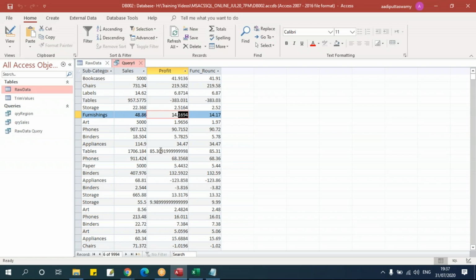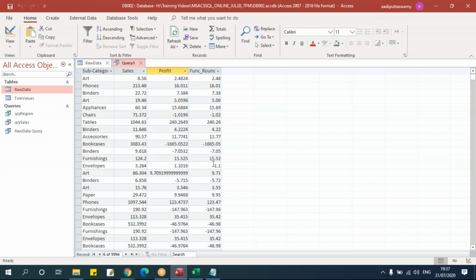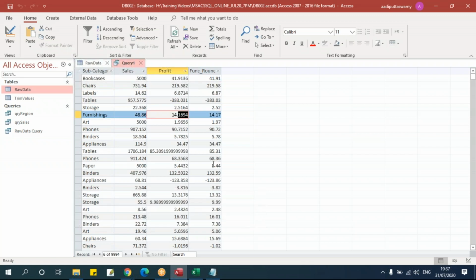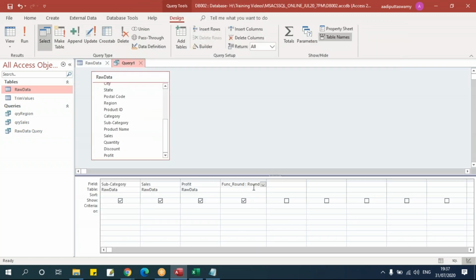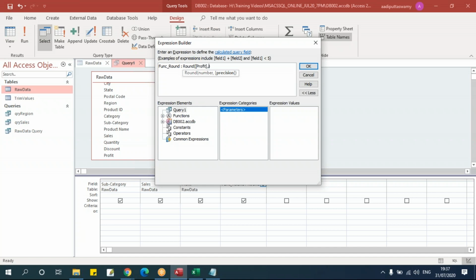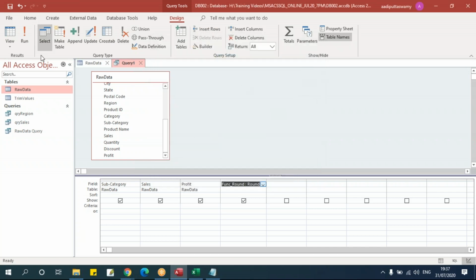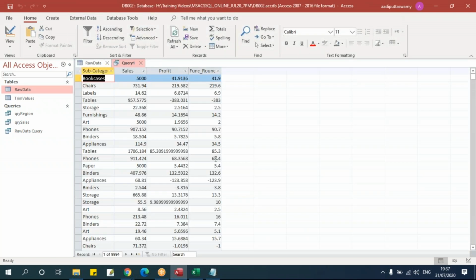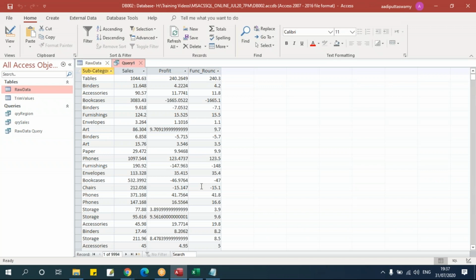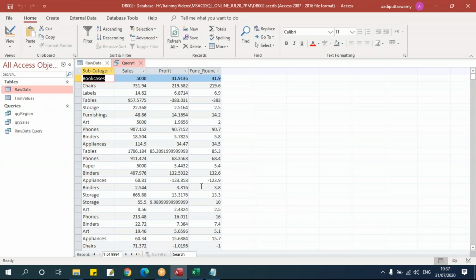That 9 is rounded off to the second decimal, that is 0.31. So it will round off the values to the number of decimals I specify. If I go to design view, go to build, and say 1, then it'll round off to a single digit like this.